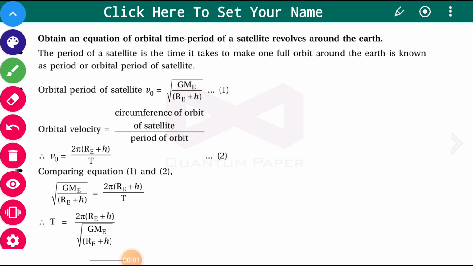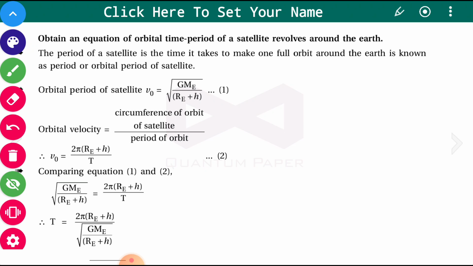Today's topic of discussion is to obtain an equation for the orbital time period of a satellite revolving around the earth. The period of a satellite is the time it takes to make one full orbit around the earth. So the time required by a satellite to complete one revolution around the earth is nothing but its time period. And as you know, the orbital velocity, which we have already derived last time,